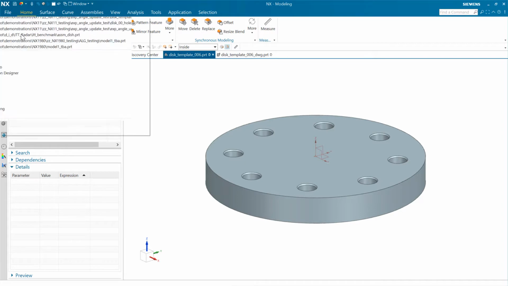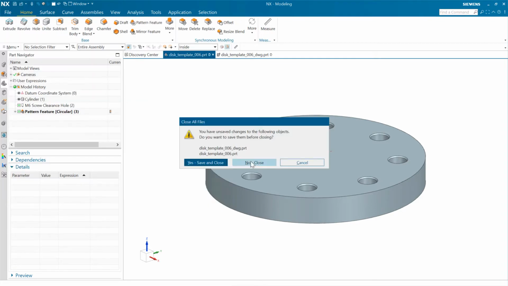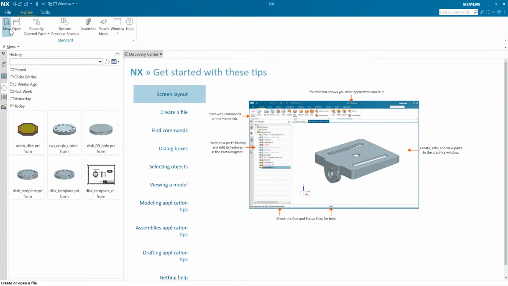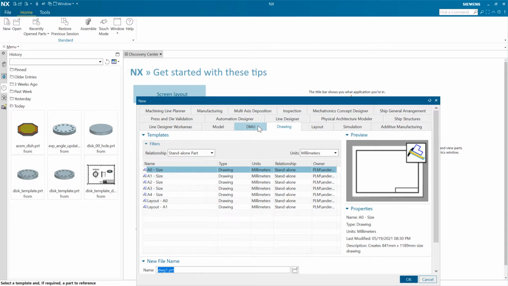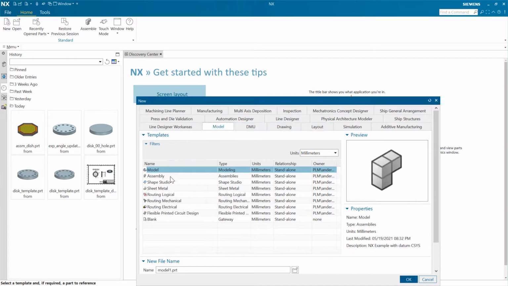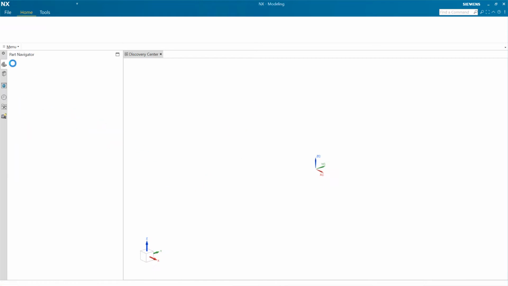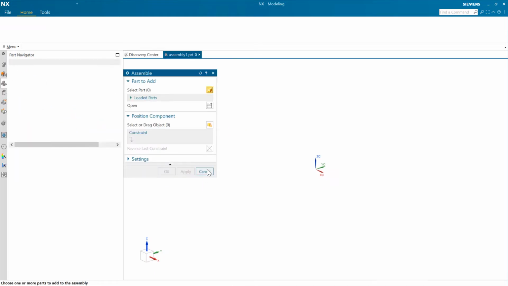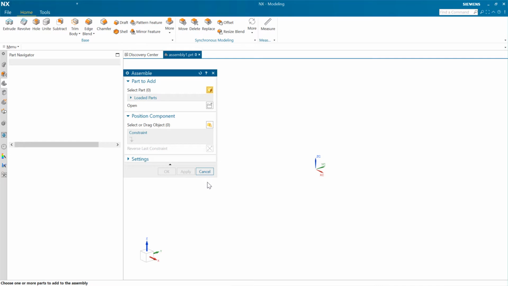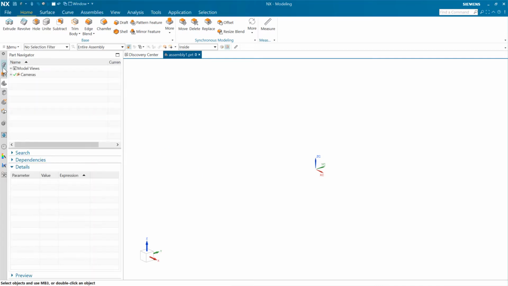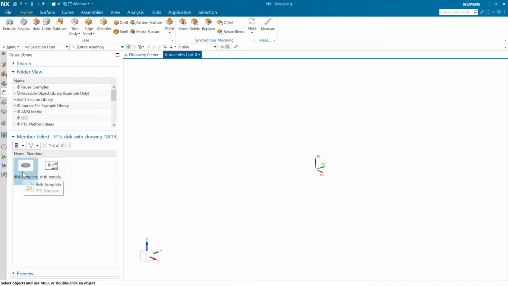adding that. If we close all these guys here, let's do an example where we've got a new part. Let's do a new part that's an assembly here. And as we do that, we'll add this the other way. So let's go to model and we'll choose an assembly. So now rather than adding that from the no part state, I don't need to assemble anything just yet. We'll go to the reuse library here,